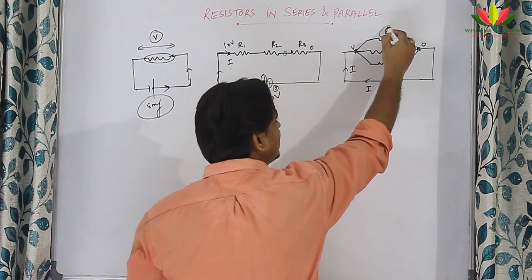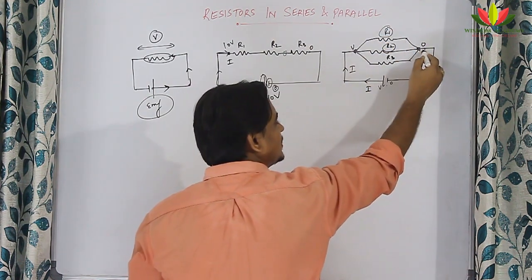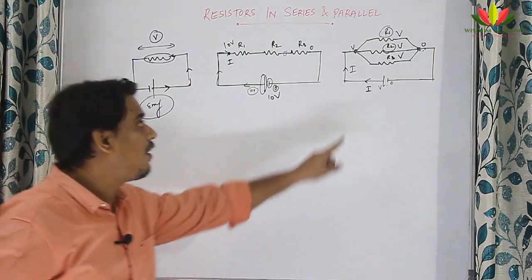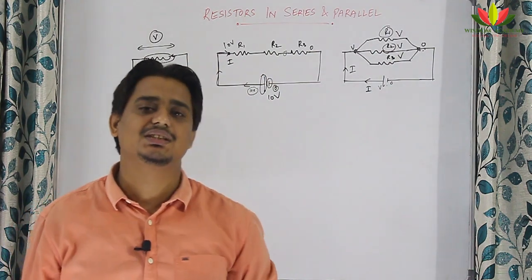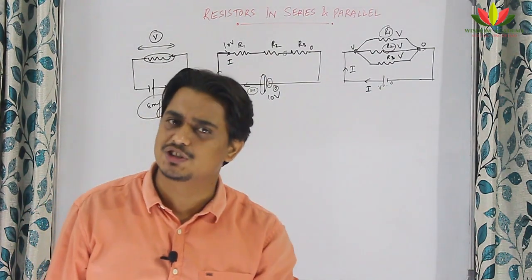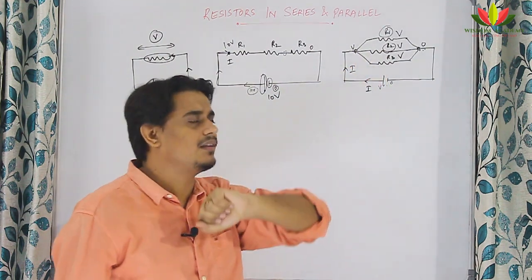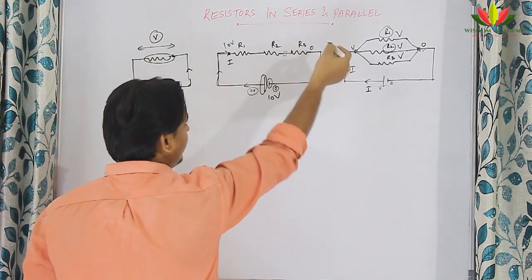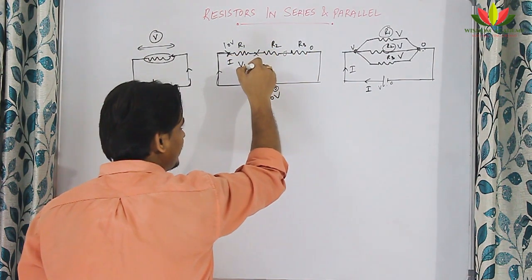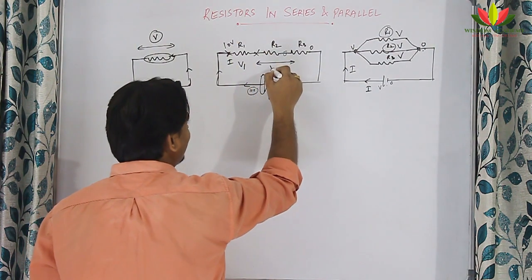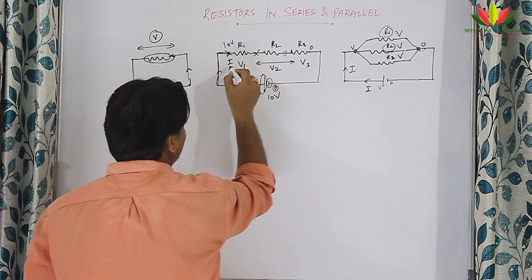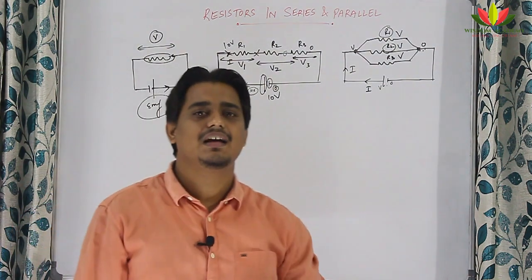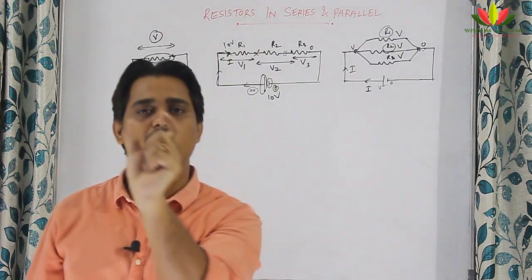So, if you see R1, it is present between V and 0, R2 between V and 0, R3 also between V and 0. That is the reason all the resistances in a parallel connection are said to have the same potential. So, the potential difference remains the same when they are in parallel. Whereas, in series, if it is 10 volt here, it will drop here, it will drop here, it will drop here. So, this point will have potential V1 based upon what R1 is, this point will have V2 and this point will have V3. So, all these three resistances will have their own potential drops V1, V2 and V3.